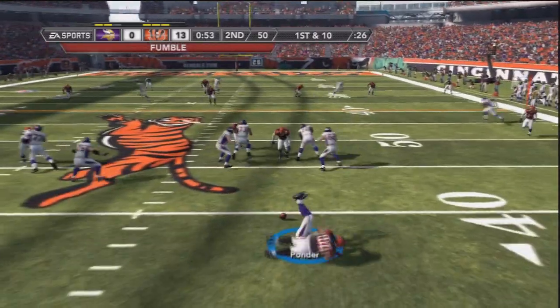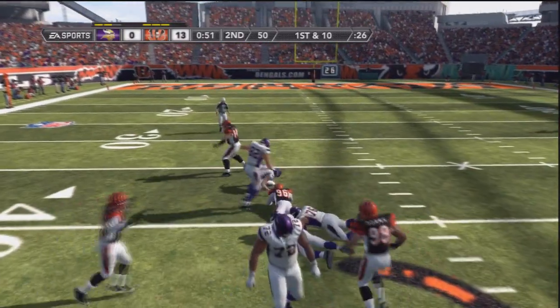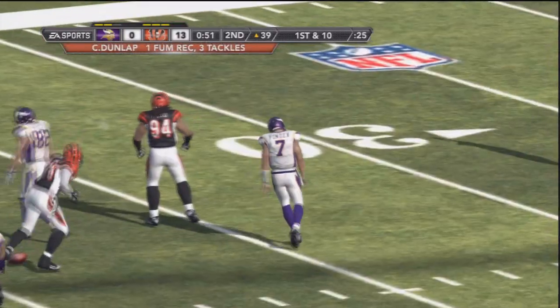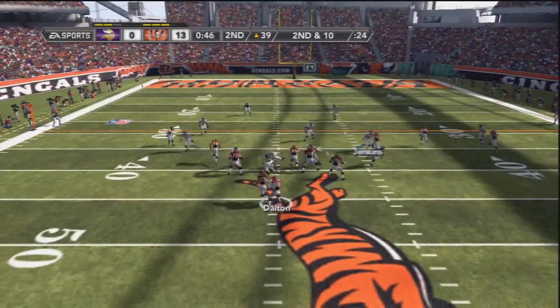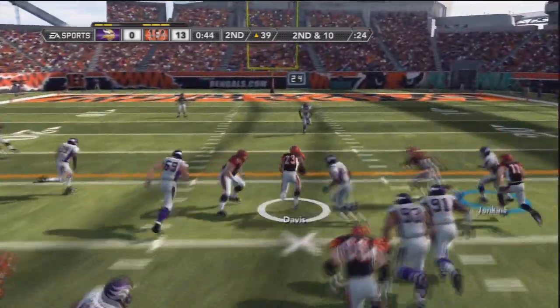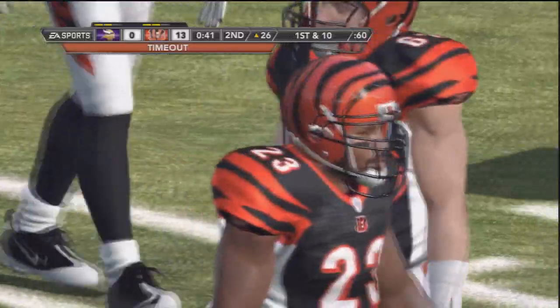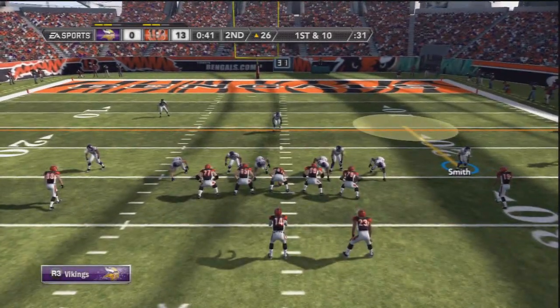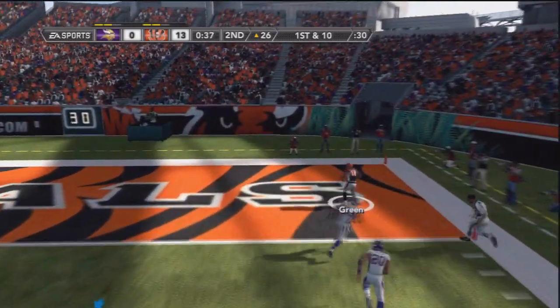Ponder under pressure once again, puts it on the ground. It's picked up by Carlos Dunlap, and the Bengals are going to look to pour it on before the 2nd half gets underway. 2nd and 10, Dalton out of the gun, gives to Niall Davis. Great blocking up front, and he gets into the Vikings 2nd level, and he gets a 1st down. They're in field goal range, so Minnesota trying to lock it up and hold them from scoring a touchdown, and,